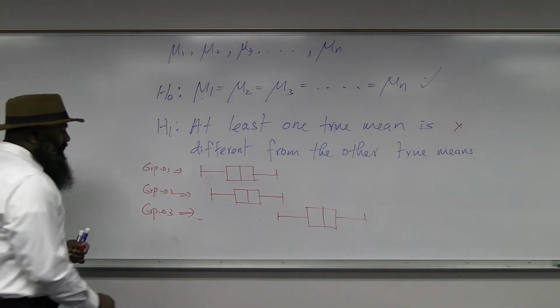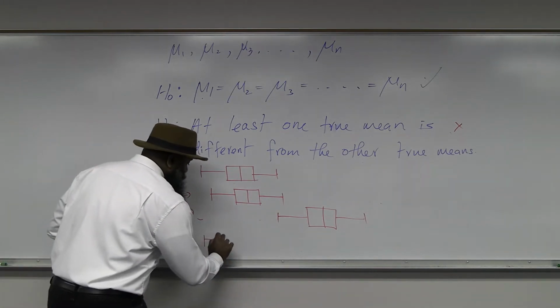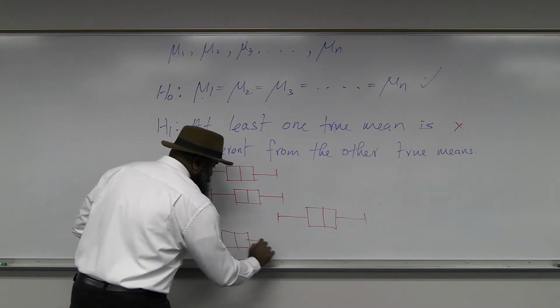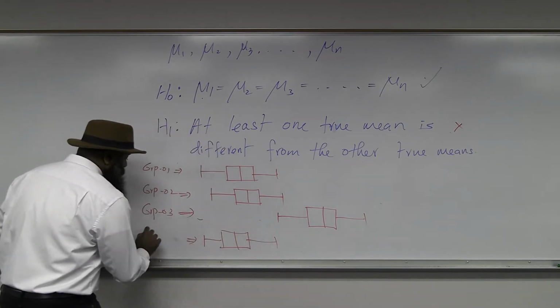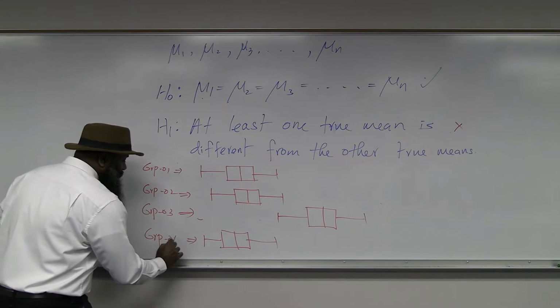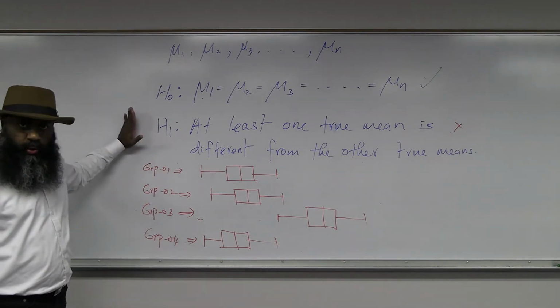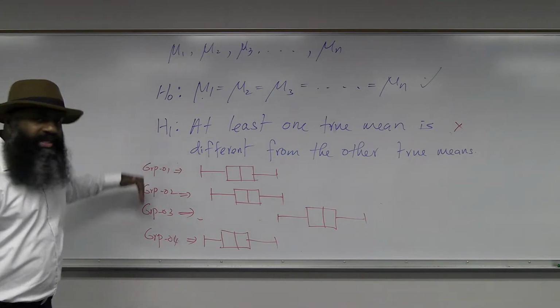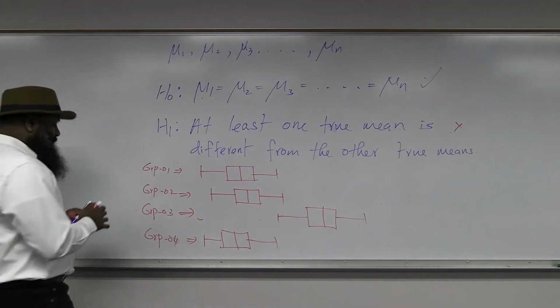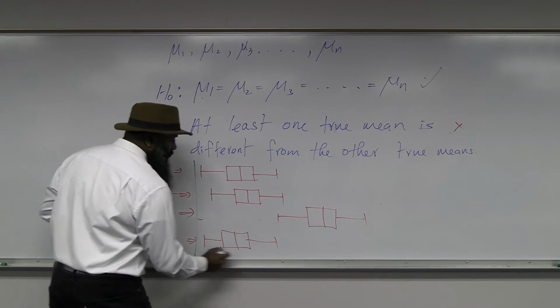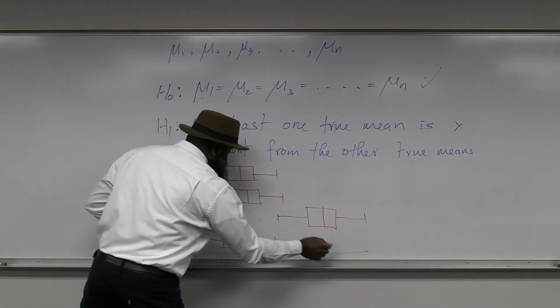And we also draw it for the fourth group. This is for group 4. So if our data indicates that this alternative is true, when you draw all the box whisker plots on the same axis, of course, this is your x-axis, this is your y-axis,